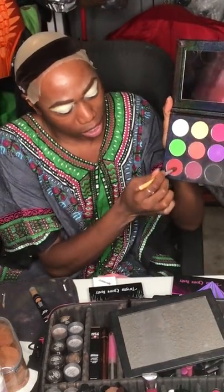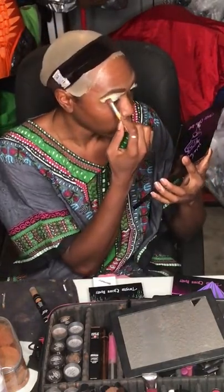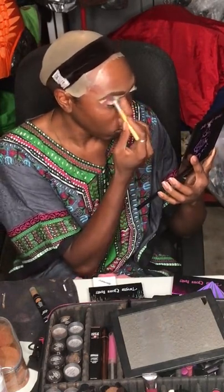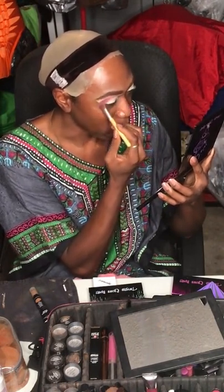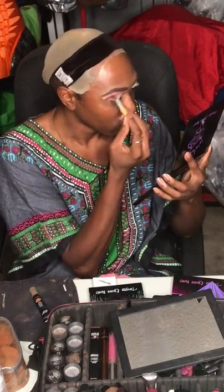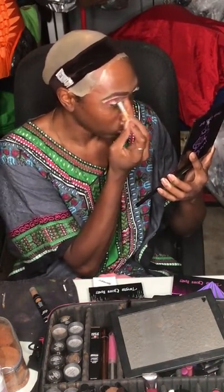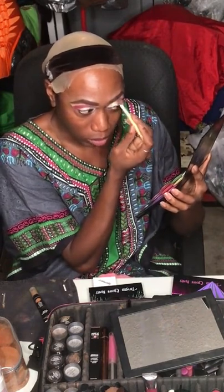So I'm using this color to go in my crease. Yes, I know I did not blend this out. I am doing drag, so I'm building this up. And I'm just kind of, this is an angled brush, if you don't know. I'm just,